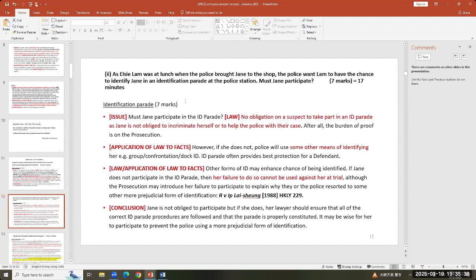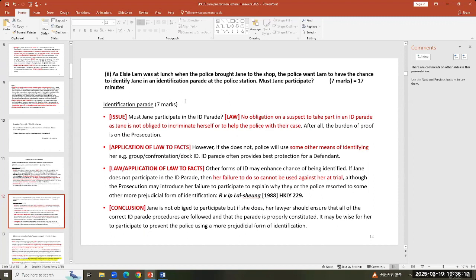in an ID parade. She doesn't have an obligation to help the police to prove the case or the prosecution. The prosecution has the burden of proof. But practically speaking, it doesn't mean they'll just give up if she doesn't take part in an ID parade. They will try to use some other method of identifying her, which may be more prejudicial in nature. But if she doesn't participate, then failing to participate cannot be used against her at trial, although the prosecution may say that's why we need to try and do a dock identification, because she failed to participate in an ID